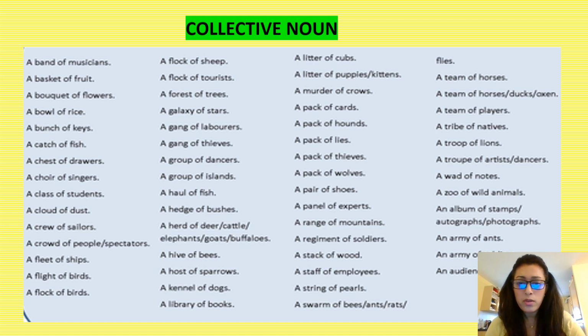murder of crows, a pack of cards, a pack of hounds, a pack of lies, a pack of thieves, a pack of wolves, a pair of shoes, a panel of experts, a range of mountains, a regiment of soldiers, a stack of wood, a staff of employees, a string of pearls, a swarm of bees or ants or rats or